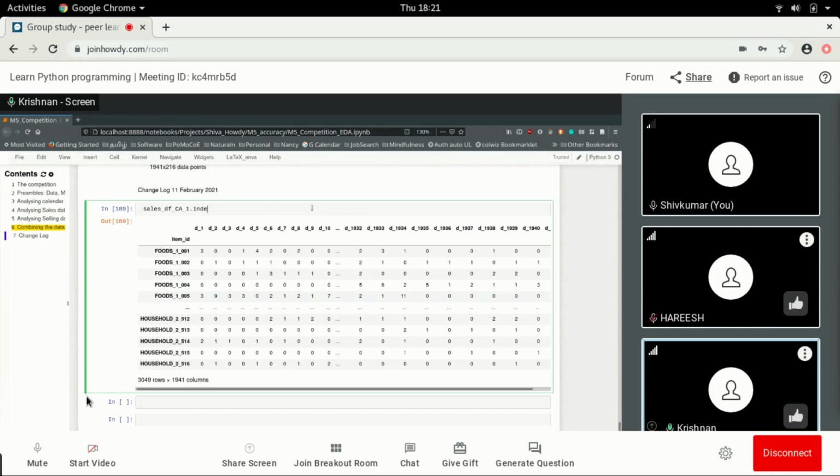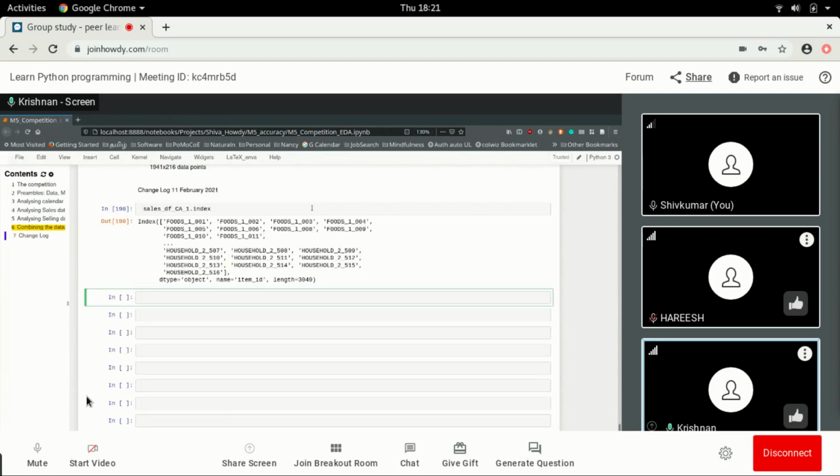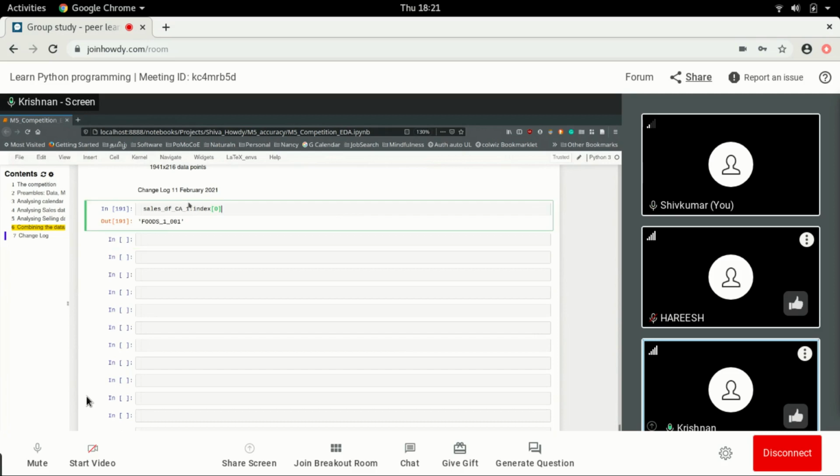For instance, this one index is this. So would you be able to address it, for instance, if I say index of 0 is this, so can I do